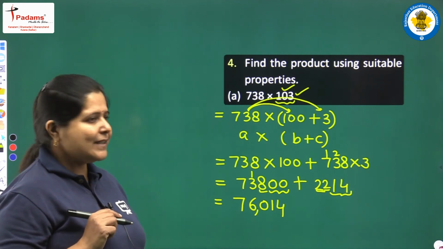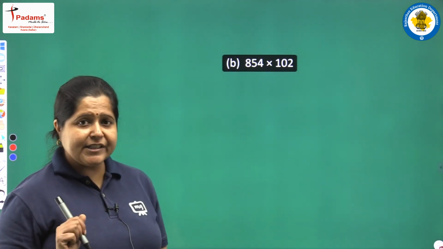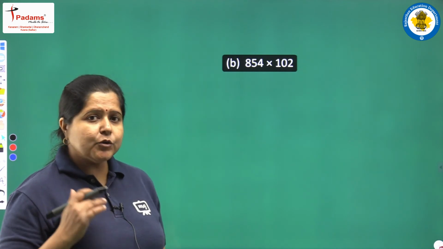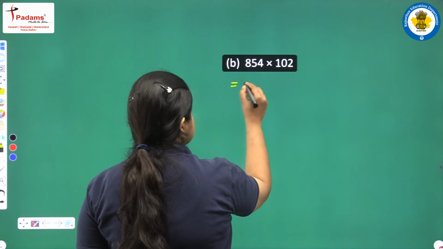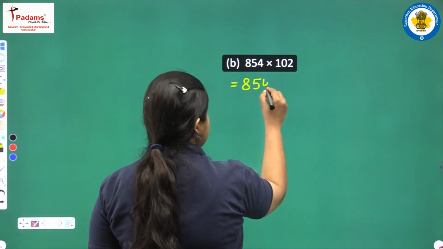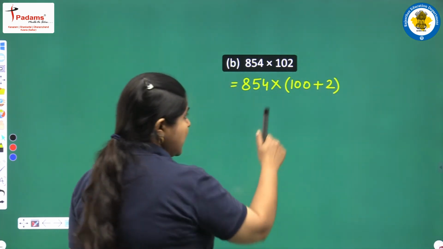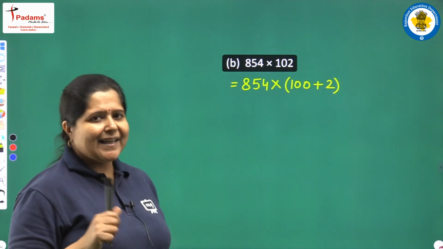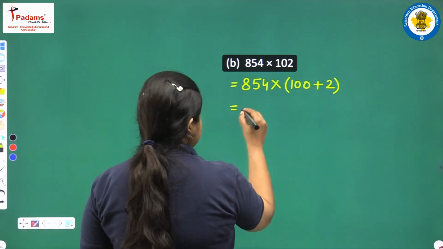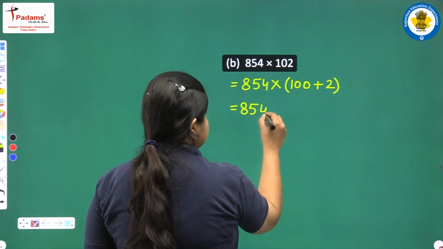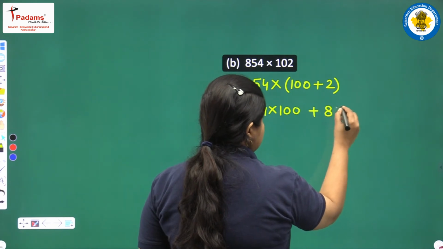Okay, so here again we have broken up this number 103 and then we have applied the property of distributivity. We take up this one, again we are having two numbers, both of them 3-digit numbers, so always it's difficult to multiply 3-digit numbers. What we can do, we can break this 102 into two parts as 100 plus 2. Now multiplication by 100 is also easy and multiplication by 2 is again very easy. We will again apply the distributive property. 854 into 100, distribute it to 100, then 854 into 2.